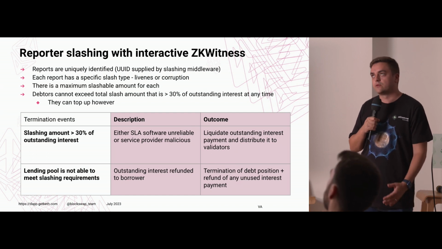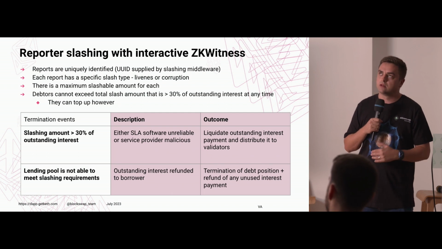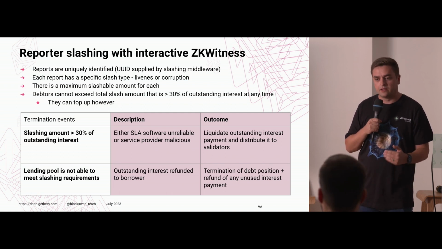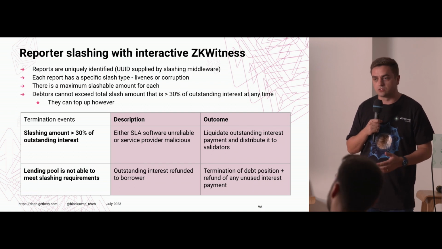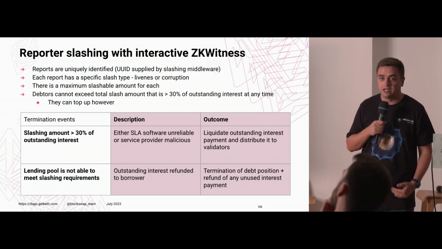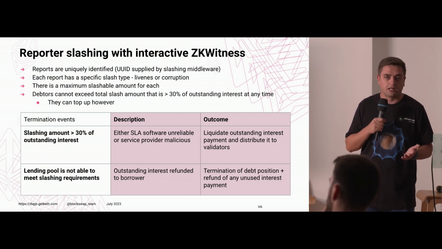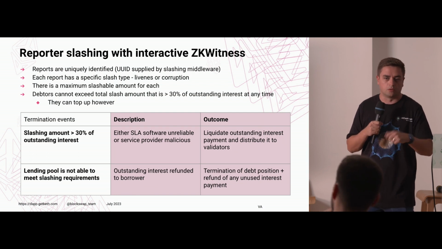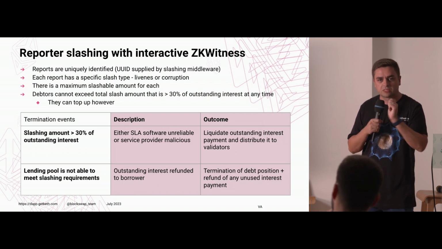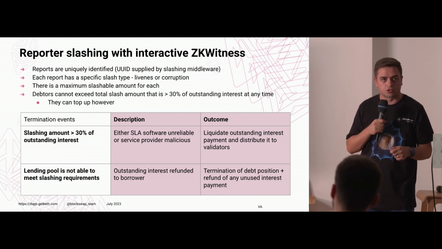The other side is when a borrower that is looking for validators to run middleware has some issue on the software, and maybe validators are not able to run it. So liveness issues do not necessarily only mean that a validator isn't online, isn't performing its duties. It could be that the software is faulty and it just doesn't run at all. And so that could lead to excessive slashing. It could lead to reporters going, oh, all these validators are offline, slash them, slash them, slash them, right? But you're actually not reflecting the true reality.